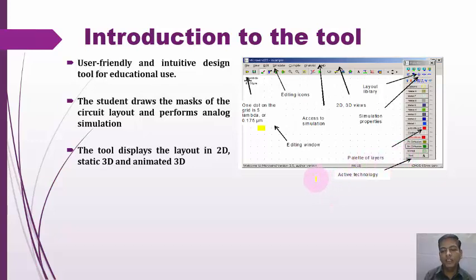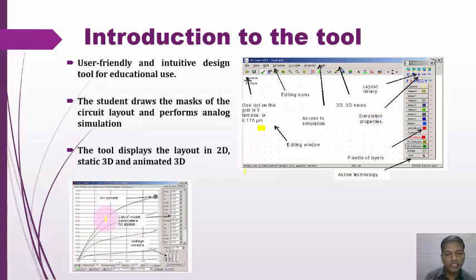These are the active technology, and this is the total editor window. So here we have to utilize this active area to draw the CMOS layout.